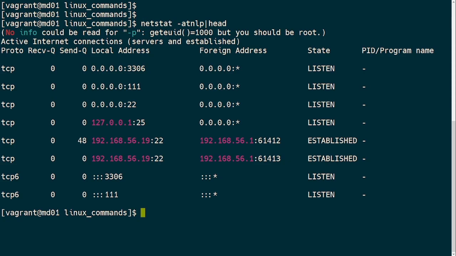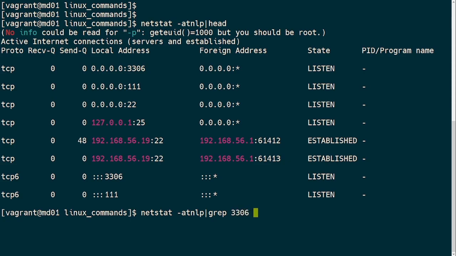In that case, I will use the netstat command to check all the active ports, based on TCP or UDP, and I am filtering all the listening ports. And I will try to search